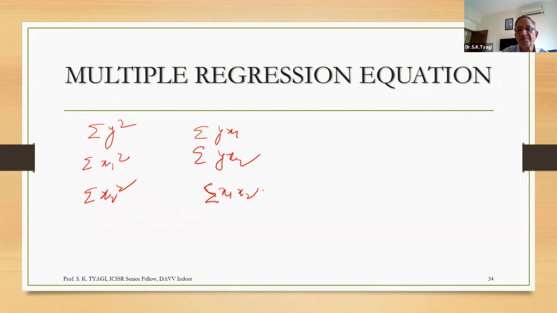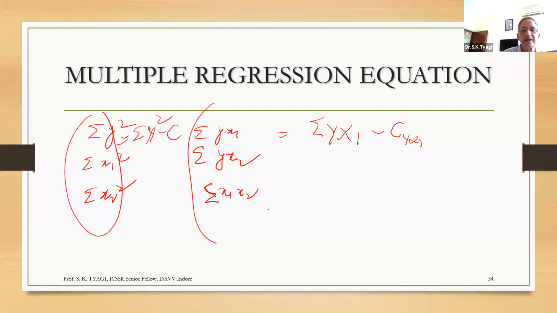And you have to extend the logic. Sum of yx1 is sum of yx1 minus correction term of yx1. Similarly, this is sum of y square, capital Y square, minus correction term. So we will have each of these values. Okay. Now,